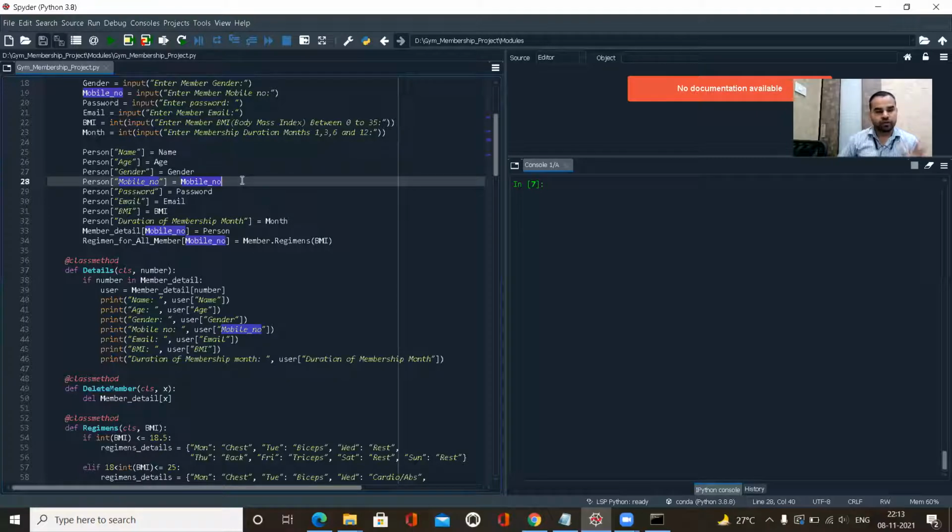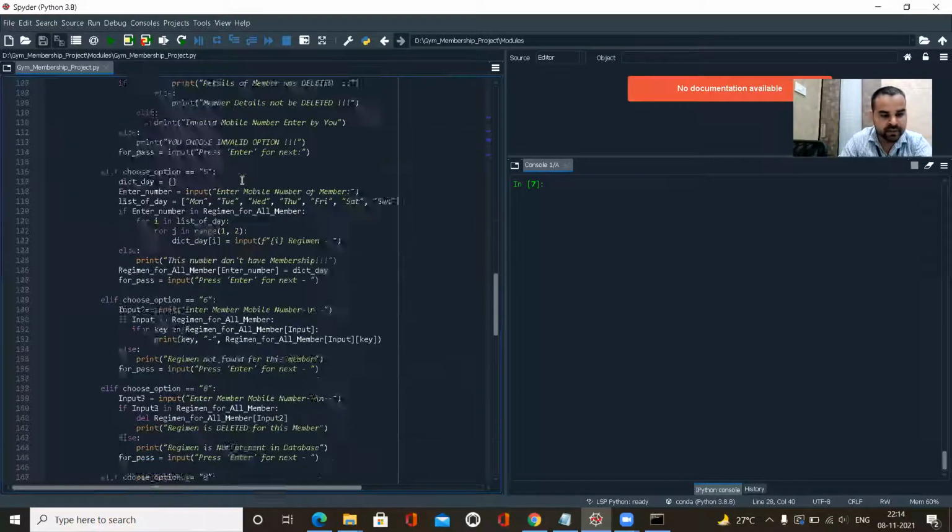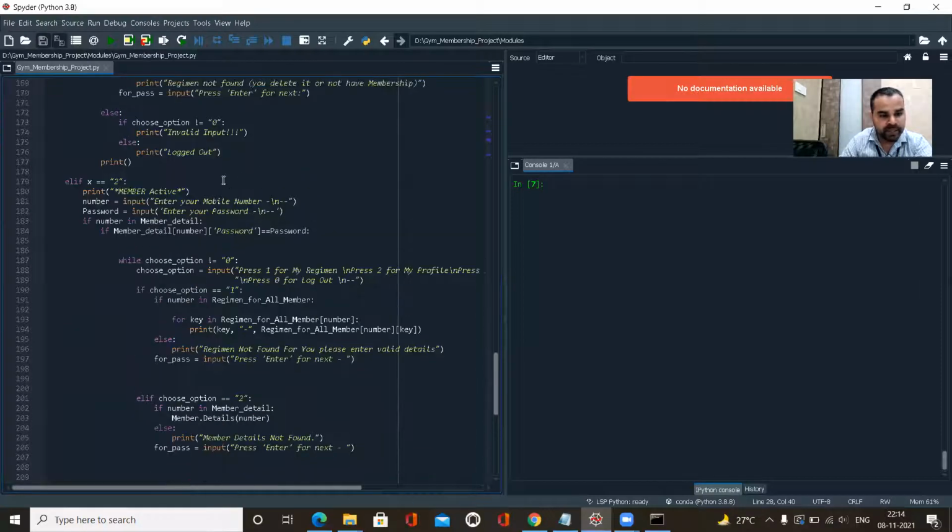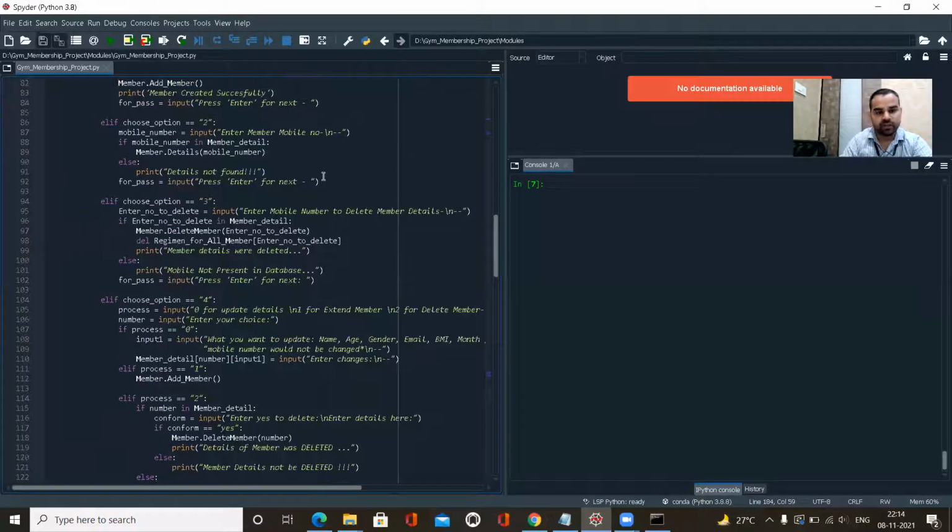My password is my key, and my value is 1 2 3 4 5. If I validate that, as I have already validated here, if my password does not match that value, then it will reflect that it's not a valid input. Please enter valid details. And if it matches the same exact data which is given as a key-value pair there, it will take you to the next portal, as I have already shown you.